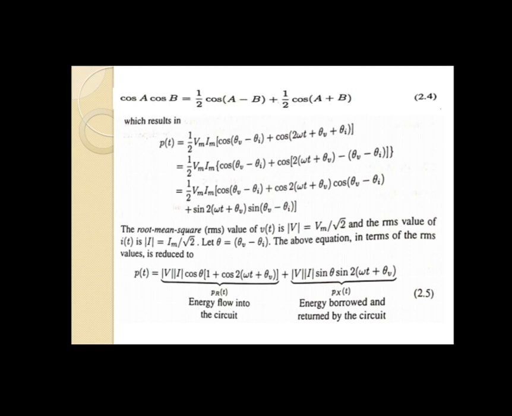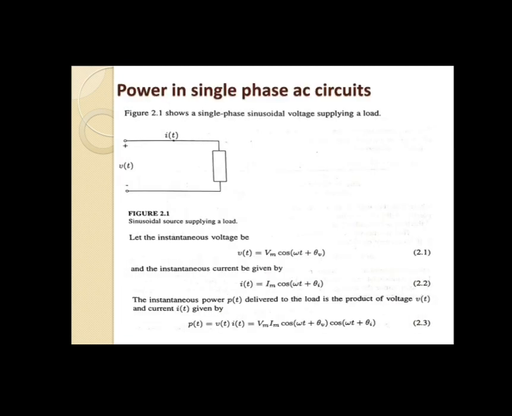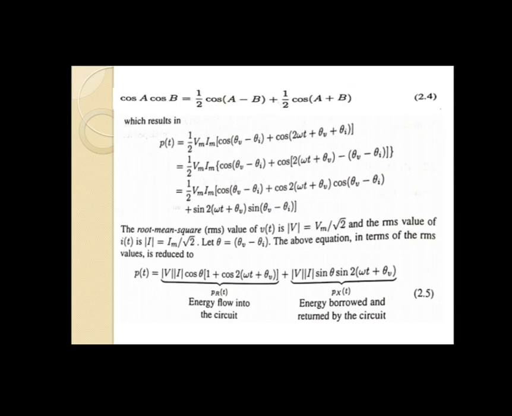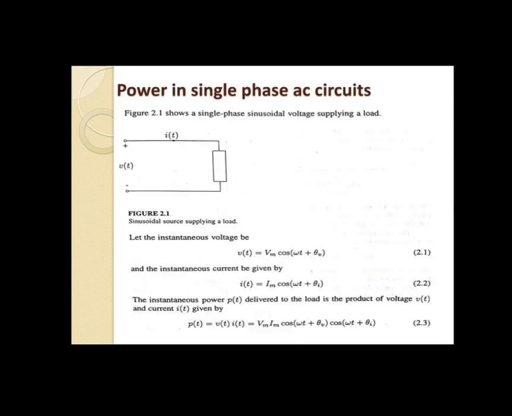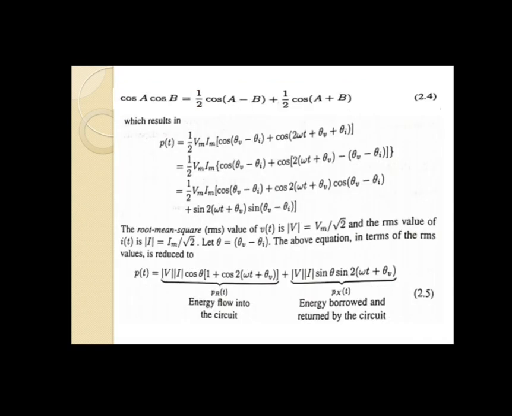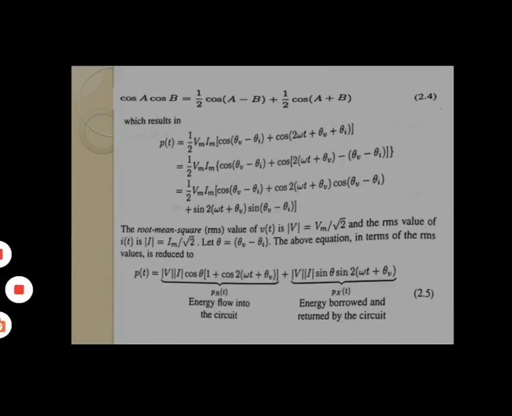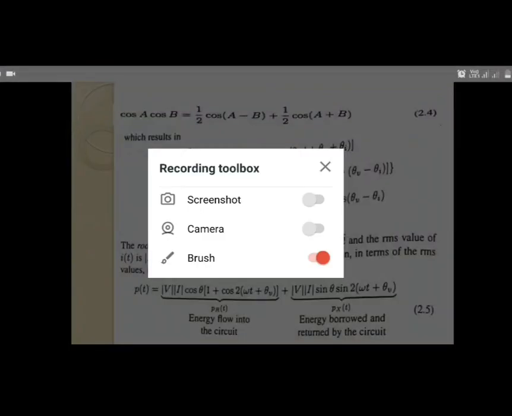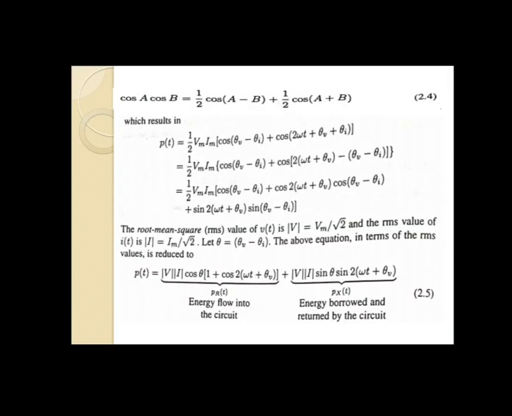Now as we all know, we have two terms, the first is cos and the second is also cos, so we can multiply by 2, or divide by 2, to apply the mathematical identity. This is the identity: cos A cos B is equal to 1 upon 2 cos(A minus B) plus 1 upon 2 cos(A plus B), equation number 4. This is the mathematical identity. Now let us go through the solution.